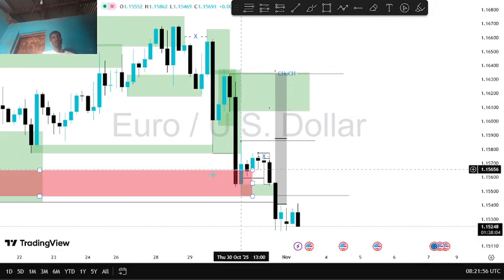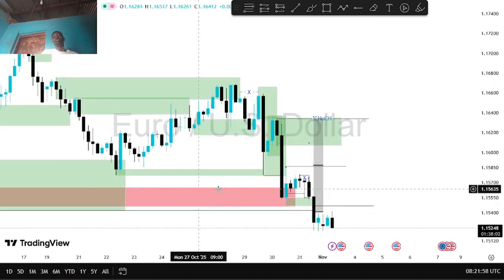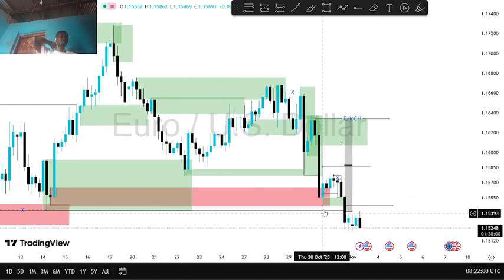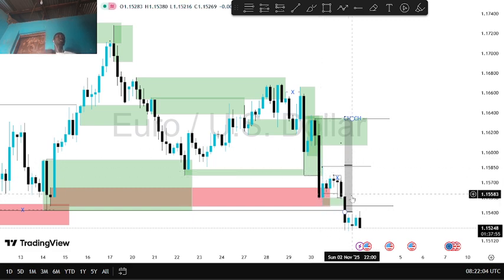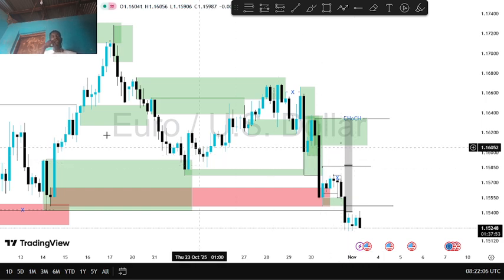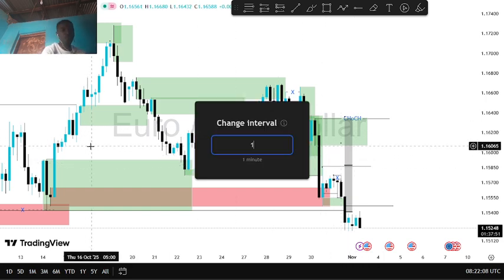Okay, let's continue. So anyways, we were buying from a weak structure. The main move had already happened. We were expecting price to push deeper into this structure. This was the main trade idea. So when I went to the 15 minutes,